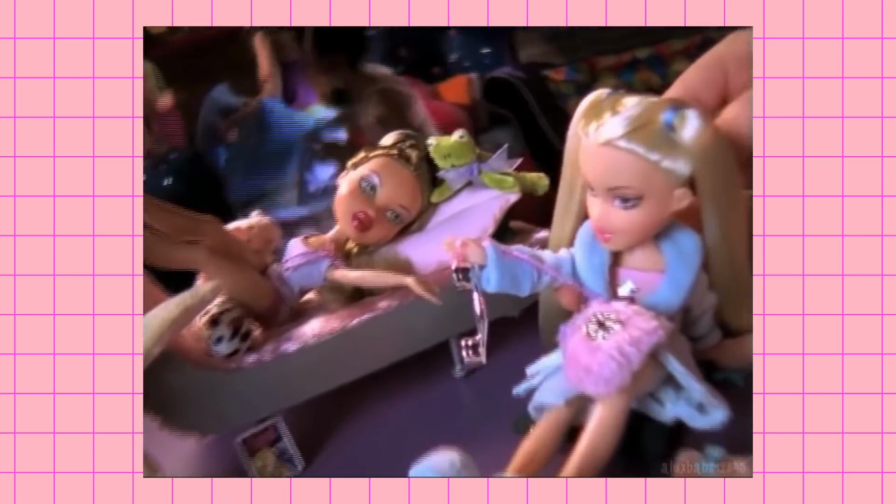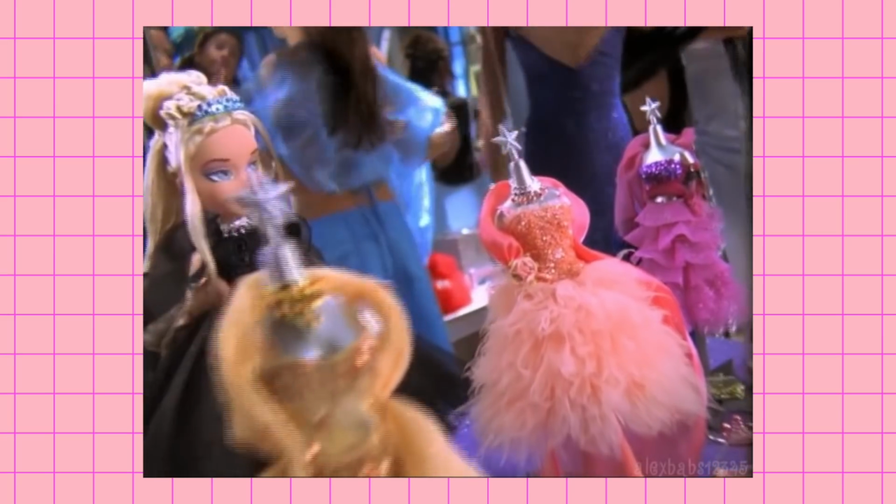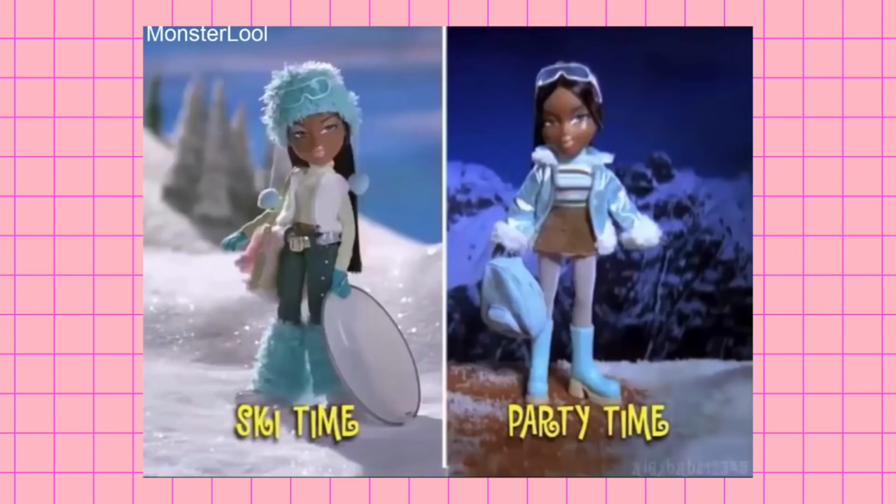Let's start off with the superior doll brand, which is of course Bratz. They served us looks every time. They were diverse and inclusive, and every one of them just had this boss bitch aura to them, which as a kid you couldn't really emulate in your outfits, but now we're all grown up and everyone just wants to be them. I feel like I still have a vague memory of the first ad for Bratz dropping and instantly